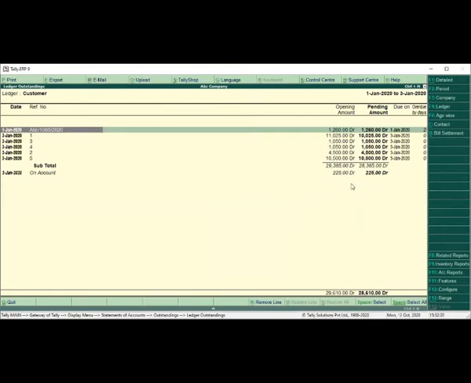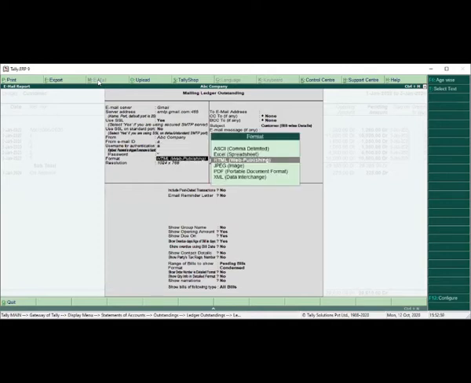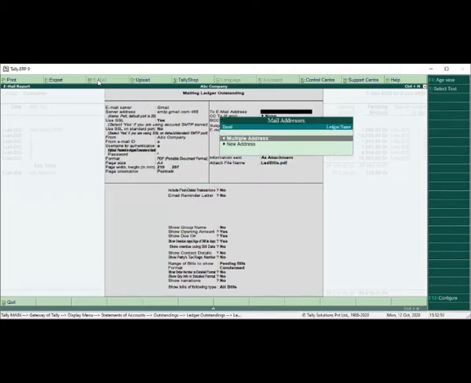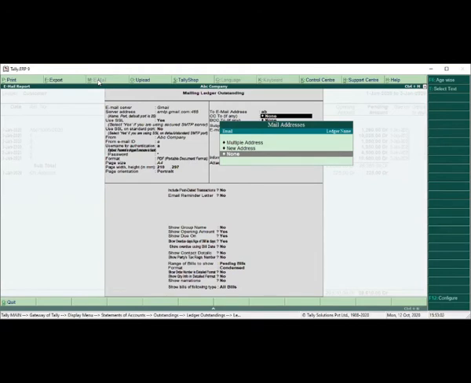Okay, now I want to send the reminder letter. How is it possible? Directly from here you can go to email. You can email directly from the software. Just click on email. Here provide the server, which is Gmail, Hotmail, whatever it is, and provide the details, your email ID, password, and select the format, Excel, PDF, in which you want to send, paper size, A4, portrait, landscape. Here, whichever address, multiple addresses you want to send to, or only one address, that particular address you can select.